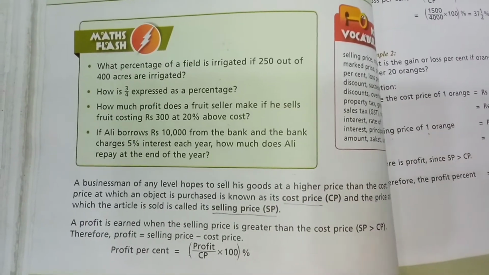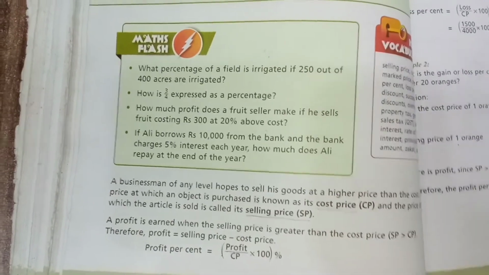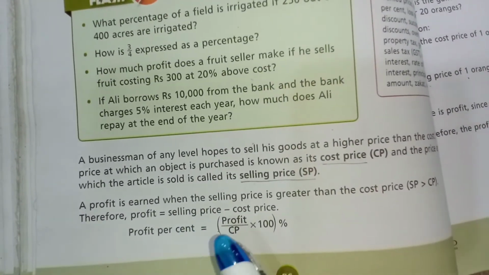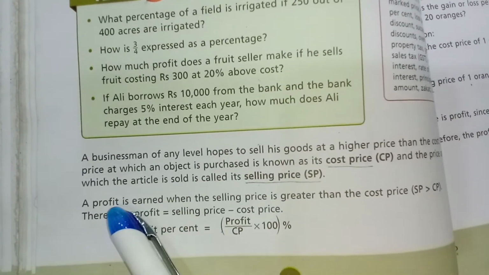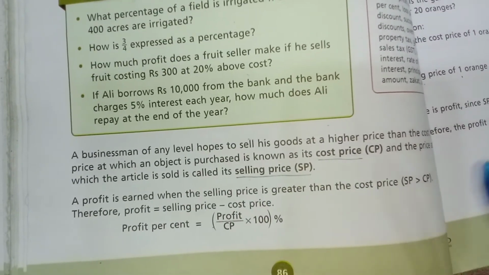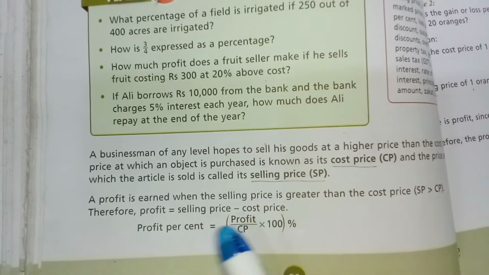We have to subtract selling price and cost price to get the profit. So selling price 50 and cost price 40. So 10 rupees का उसे profit होगा. So a profit is earned when the sale price is greater than the cost price. अब यहाँ पे 50 रुपीज़ 40 से greater थे. That means sale price cost price से ज़्यादा थी, तो हमें profit होगा.